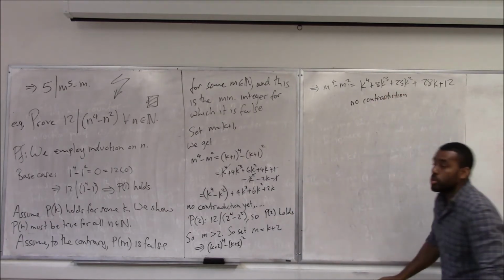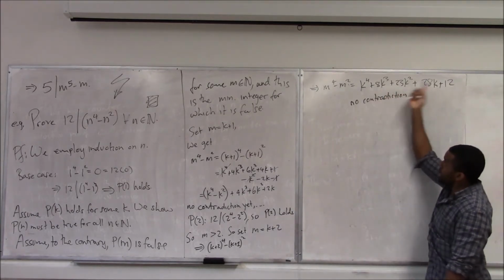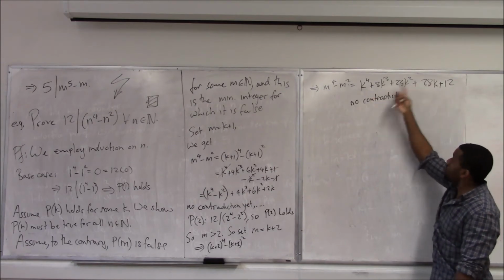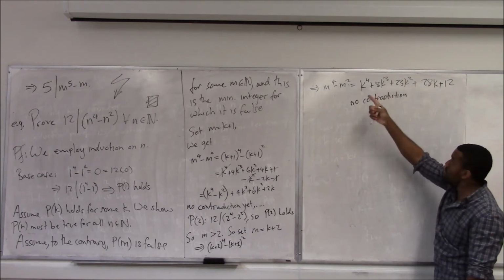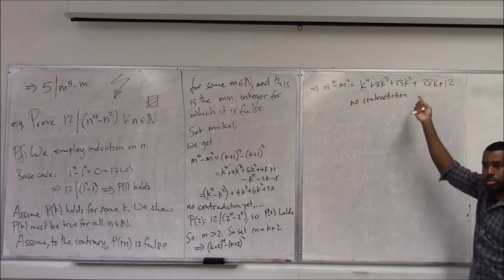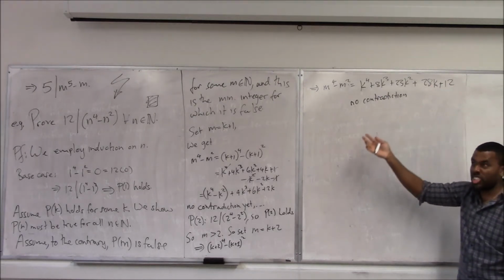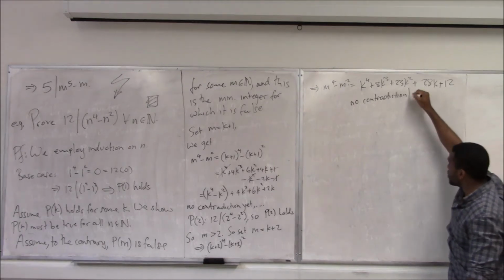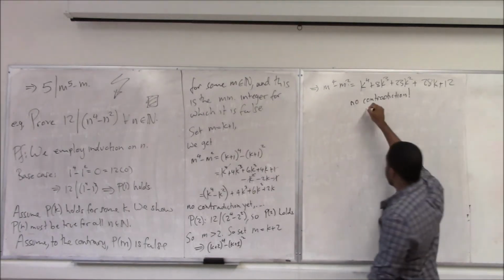Right? So you keep going, and you keep trying to get back that old expression, k to the 4th minus k, because you know you can factor 12 out of that, and you're hoping that the leftovers you can also factor 12 out of them, so you can get your contradiction. It turns out this doesn't work here either. So basically I kept going,